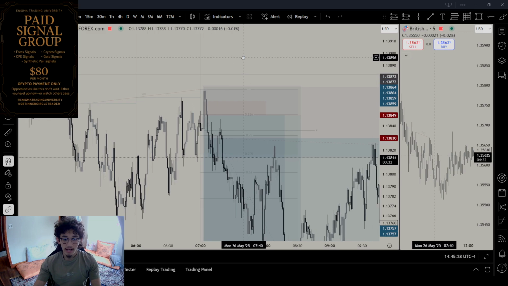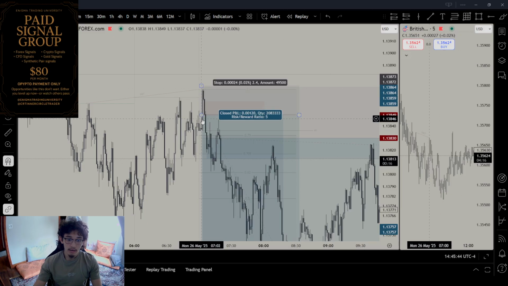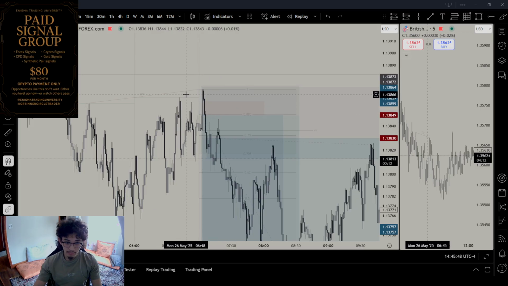that this turtle soup will highly likely hold. That's because usually if the market goes slowly to your key level, it's highly likely to just keep going forward, because you do not want the market to drag it. You want the market to control it. And how do you know the market's controlling it? By big candles. This is a big candle to this specific price point.